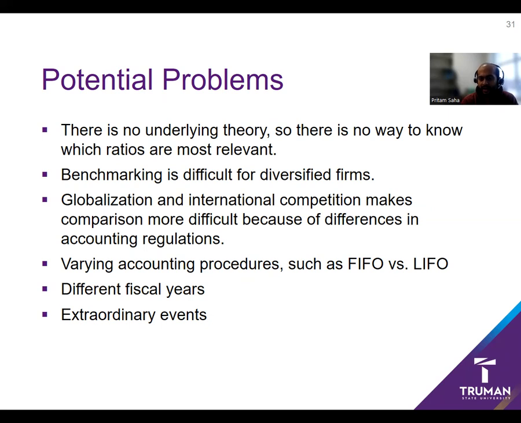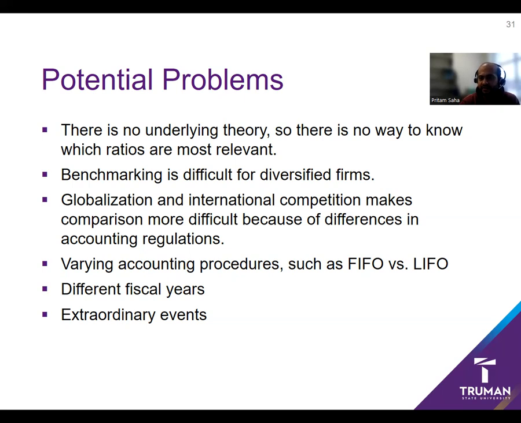We can look at the last 5 years of data for one corporation, and we can compare one corporation with another. But if we want to compare one corporation with another, sometimes it's really hard to find a benchmark. Benchmarks are difficult to find because there are a lot of corporations that are diversified. Let's say we want to compare Kroger with Walmart. The problem is Walmart does not only do groceries. Walmart does groceries, and a lot of other stuff, whereas Kroger is mostly dependent on groceries. That's why it's tough to compare Walmart versus Kroger.